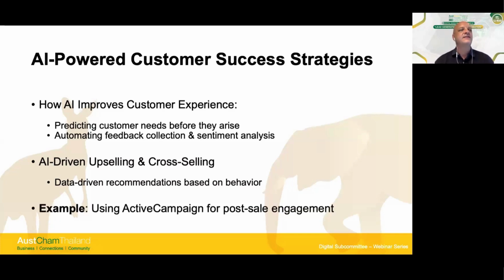So, example, AI-driven upselling strategy. A SaaS company, so software as a service, uses AI to analyze customer behavior. AI detects usage trends and automatically offers an upsell to the premium plans. Potential result is an increase in upsell conversions without any manual outreach.